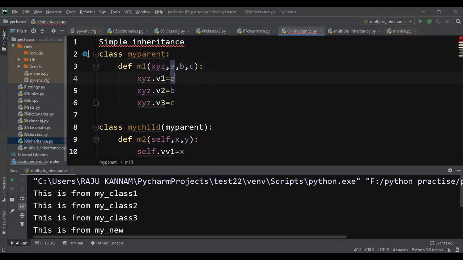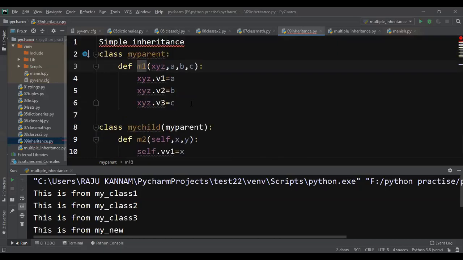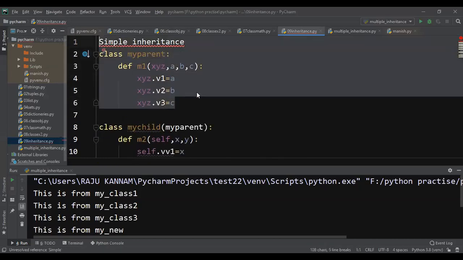I'm assigning the a value to one local variable called v1, v2 is assigned with b, and v3 is assigned with c. Whatever 3 numbers we get from the user of this m1 method, we assign to the 3 variables. This is the definition of my parent.